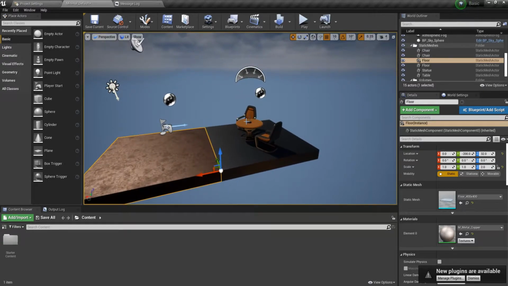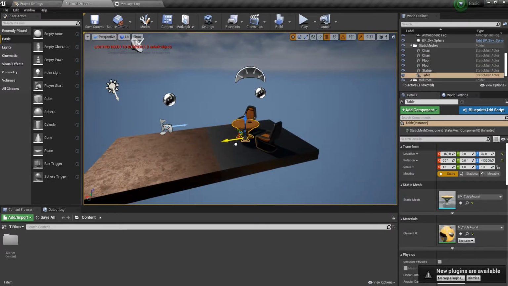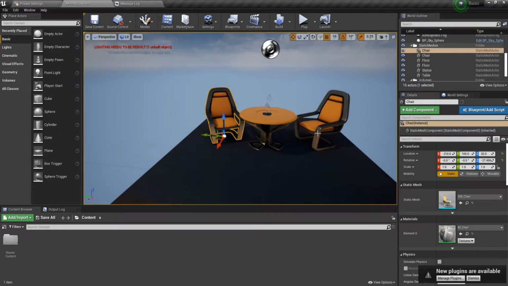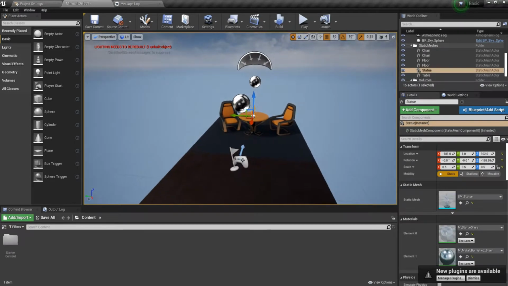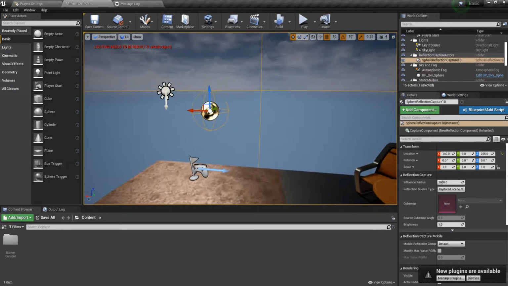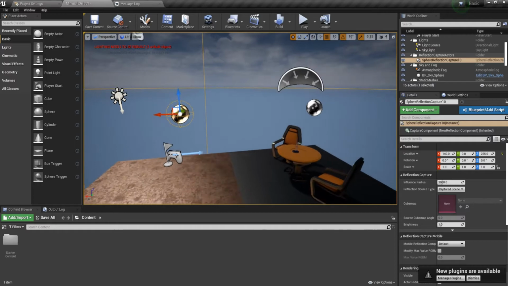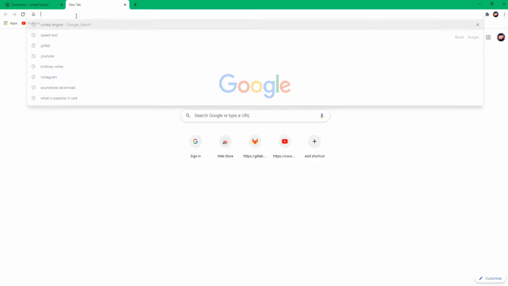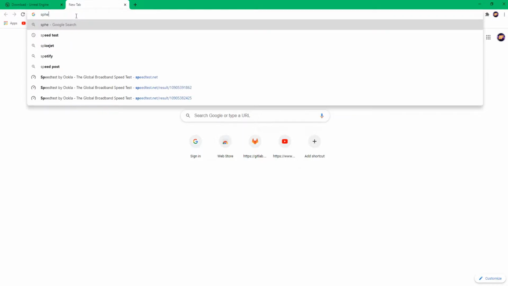And other than that, you can see these assets, these 3D modeled assets. There's a table in front of you, two chairs and some decoration on top of it, and then you can see some weird ball over here that seems to glitch out from time to time. What these are is a sphere reflection capture, and if you want to know more about these, all you have to do is type in sphere capture